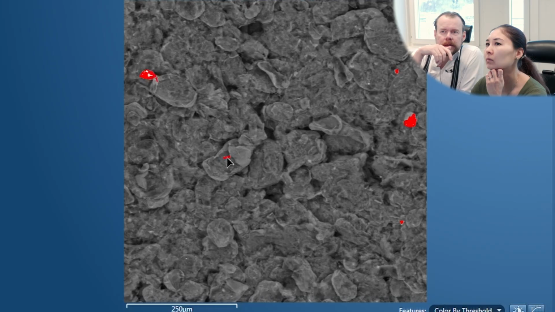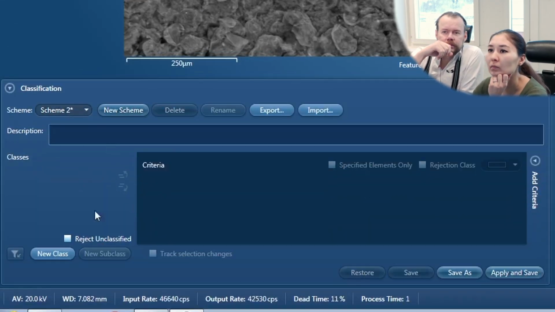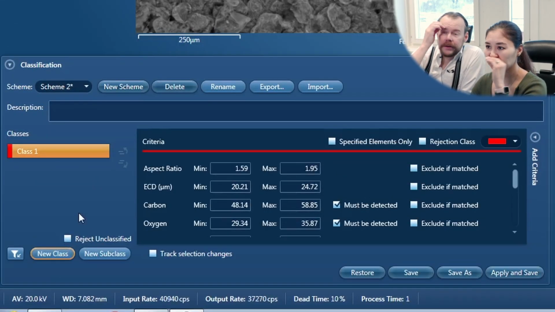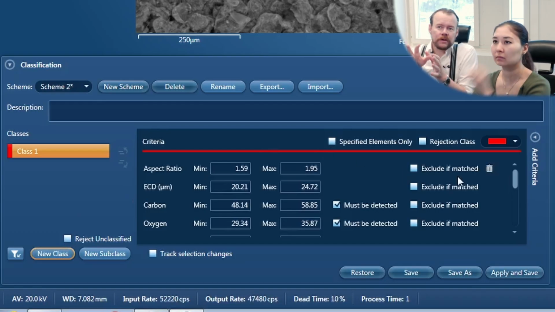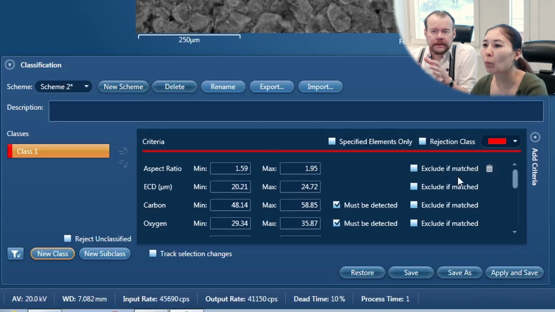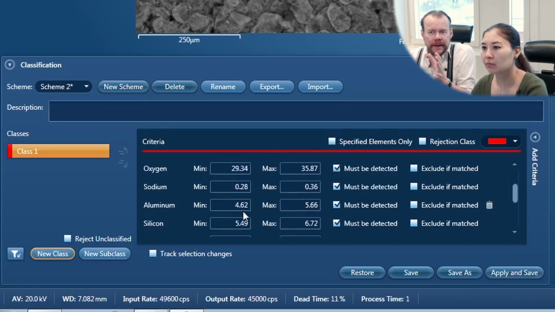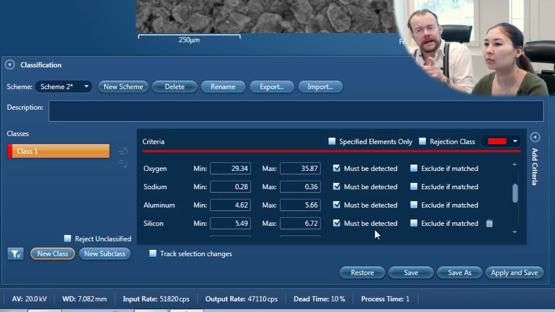Then you mark it, and then you click new class. There you see. So then it looks at all the elements it has detected, and then it chooses some kind of range span on that. But when you do it like that, there's always variation between particles, so you need to